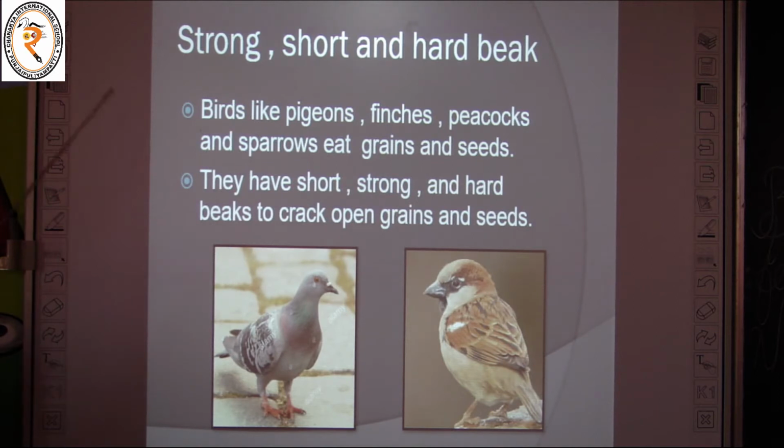They have short, strong and hard beaks to crack open grains and seeds. Yes or no, Kanna? These beaks are used to open the grains and eat the seed inside. See the pigeons and sparrows, how their beaks look.